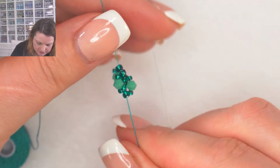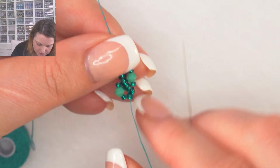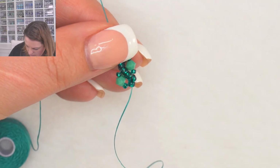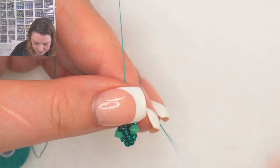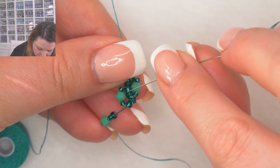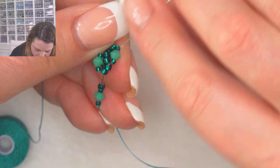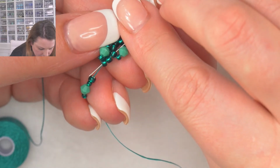So once again I'm going to pull this up and then fold that, or turn, if I need to turn that beadwork around, so that loop I just did is towards the left. So one core bead, one size 11, one crystal, one size 11, taking this down. That's where my last loop is, so I know I need to miss this seed bead. So I'm just gonna come through, I'm gonna just pull this up. I'm just going to come through 1, 2, 3, and 4